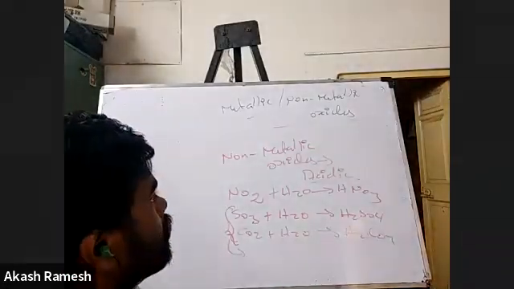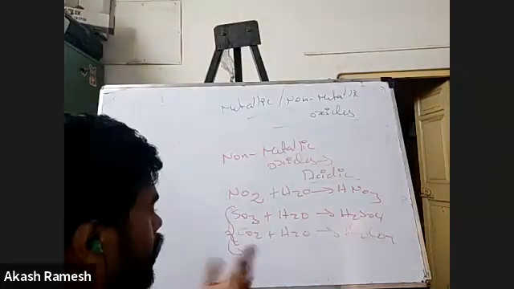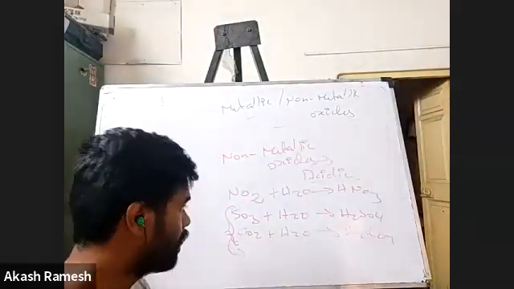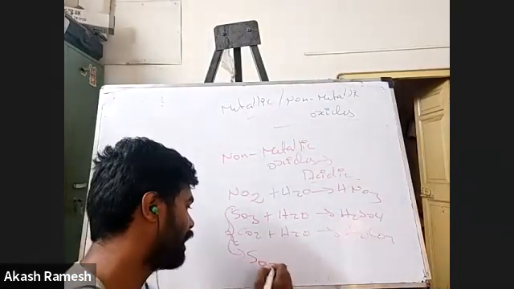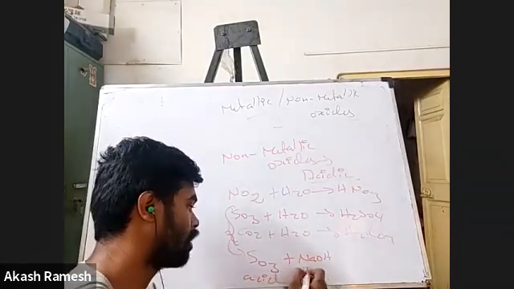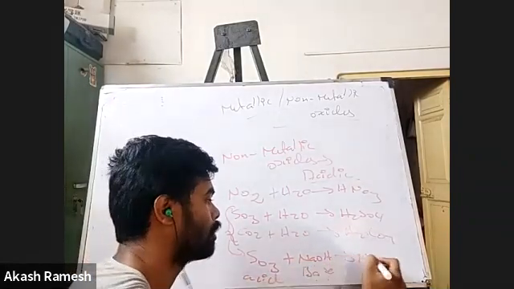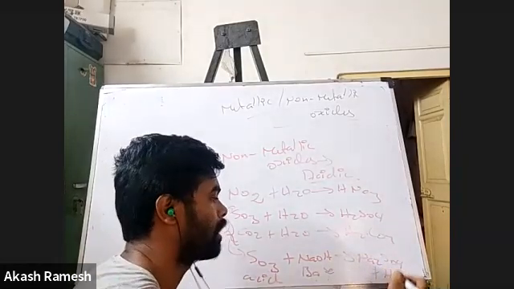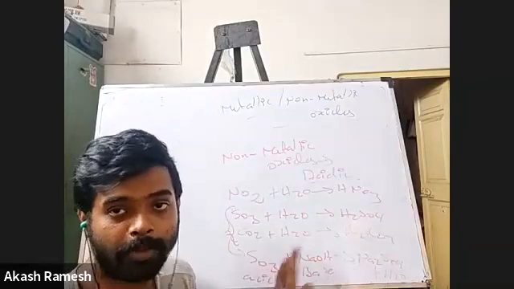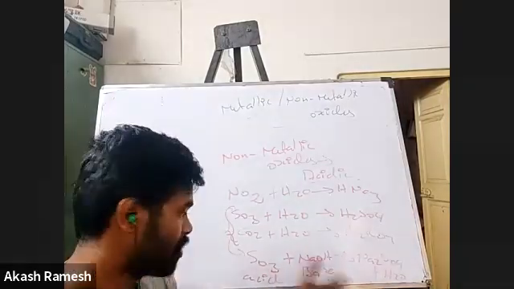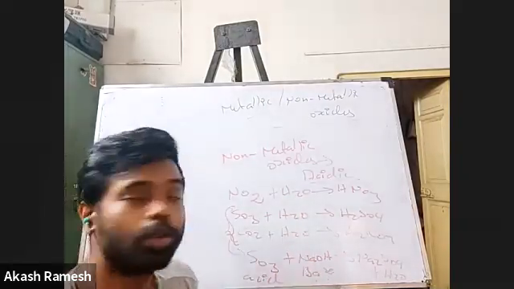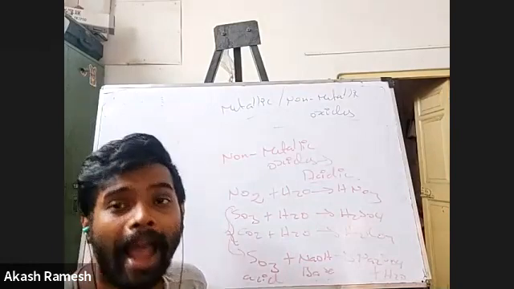Okay, cool. Now if I have to prove this via a neutralization reaction, I'll be able to prove it also. Say I have SO3 reacting with NaOH. Now this is an acid, and this is going to react as a base. So you are going to form Na2SO4 plus H2O. Again, you see the reaction is happening. Acid plus base gives salt plus water. That reaction is happening. Correct? So all these reactions prove that non-metallic oxides are acidic in nature.